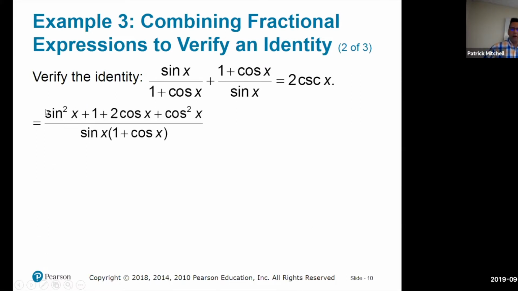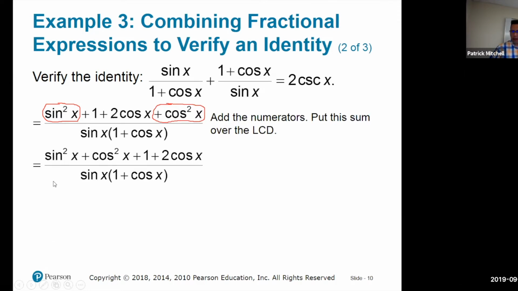So here is the numerator from new expression number 1. Here is the numerator from new expression number 2. Okay. So I believe what's going to happen next is, and this is one of these things that comes to you with practice. You see this sine squared x, and you see this cosine squared x. Okay. Can you guess what I'm going to do with those? I'm going to add those together,